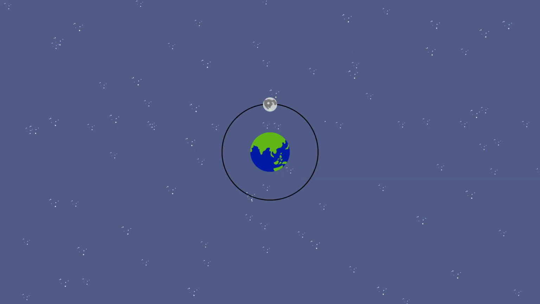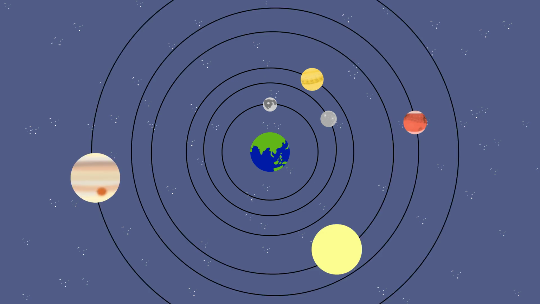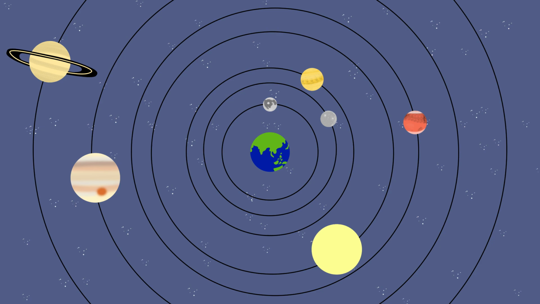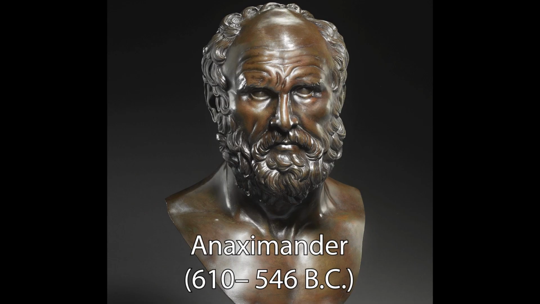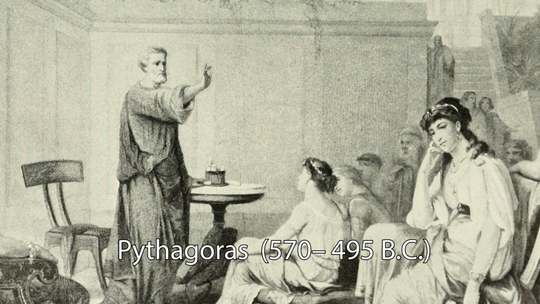Before the heliocentric theory was fully worked out by Copernicus, most civilizations thought of the solar system as geocentric, which is the assumption that Earth is at the center of the universe, with the planets and Sun orbiting around it. This theory was put forth as early as the 6th century BC by Greek astronomer Anaximander. Ironically, in the same century, our boy Pythagoras posed the idea that the Earth is a sphere and suggested that it circled a central fire in the center of the known universe. This was mainly based on evidence of solar and lunar eclipses.